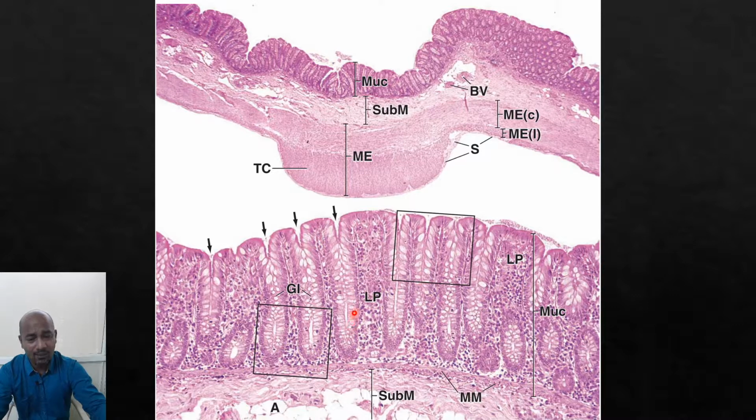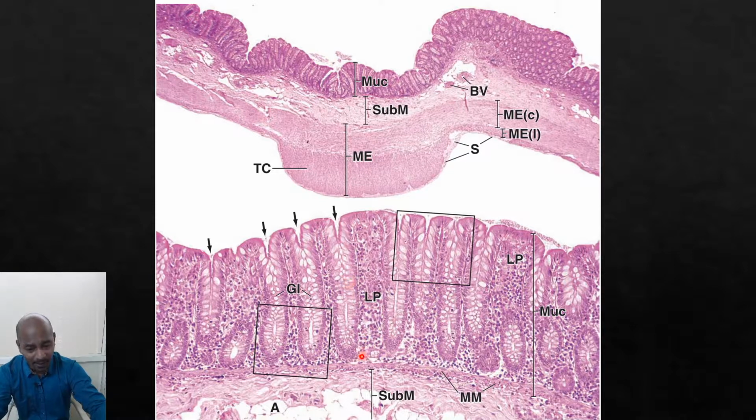So there are 4 enterocytes to 1 goblet cell in these crypts as well as in the surface. But as you go towards the luminal surface of these crypts or the intestinal glands, you notice the goblet cells becoming thinner and thinner, and they almost are empty or devoid of mucin when they reach the surface.